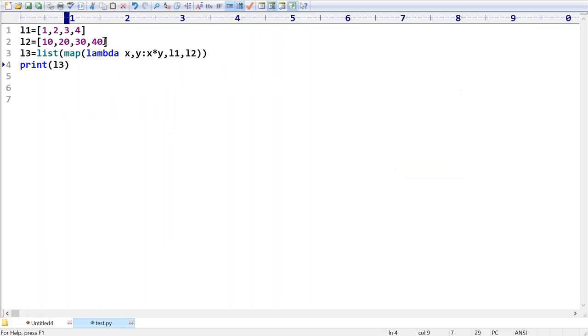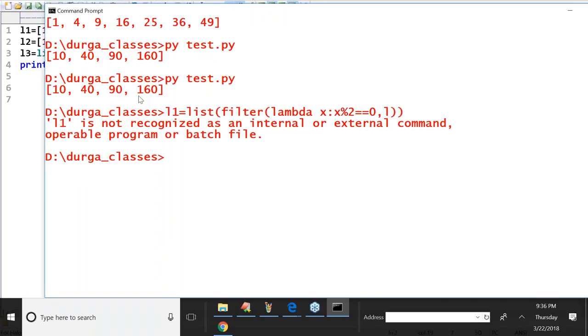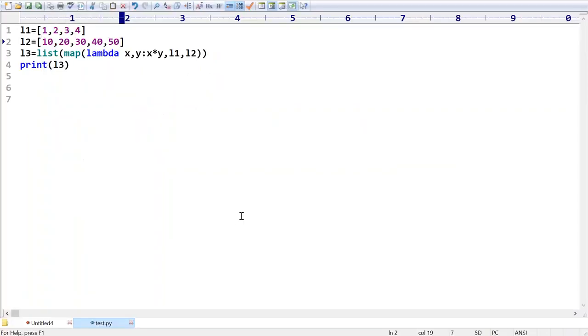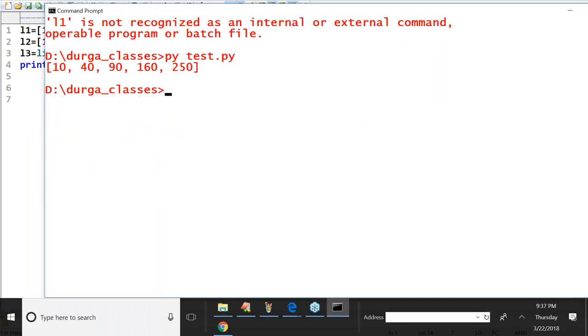Suppose, best example, sir, here 5 elements are there, but first one contains only 4 and second one contains 5. What will happen? Have you observed? How many values is it going to consider? Only the first 4. We are not getting any error. Here also 5 is there, the same number. Until the same number only it is considering. If it is until the same number, extra numbers it is going to ignore. Extra numbers will be ignored. Remember that.